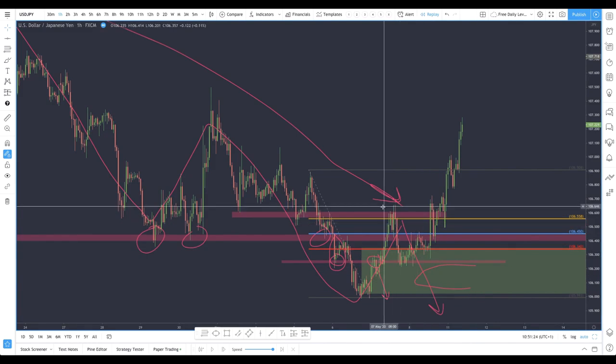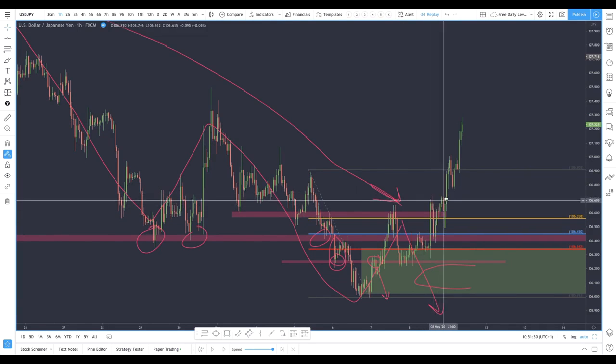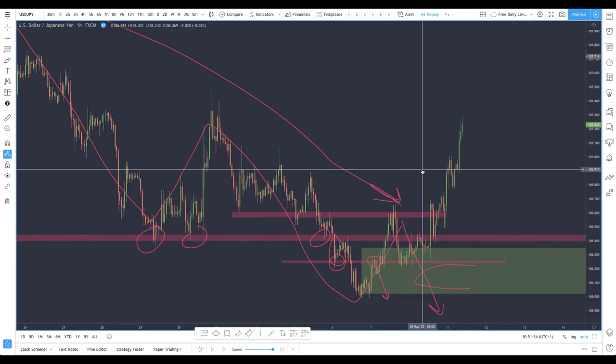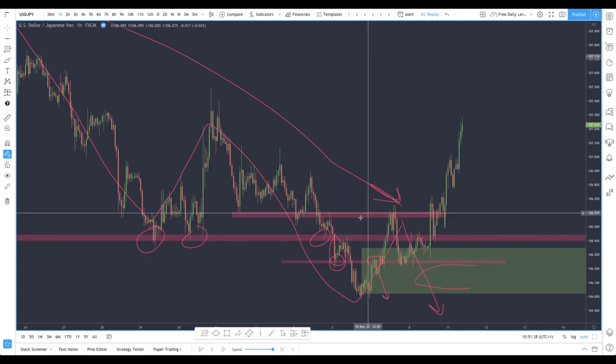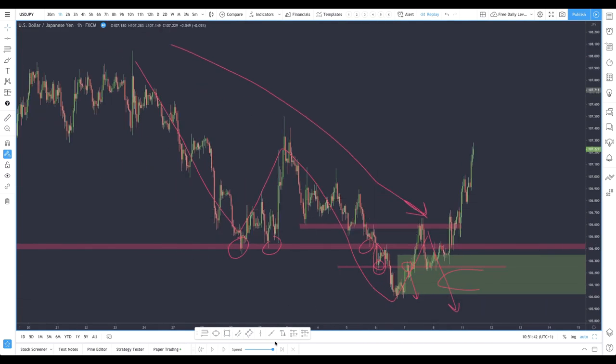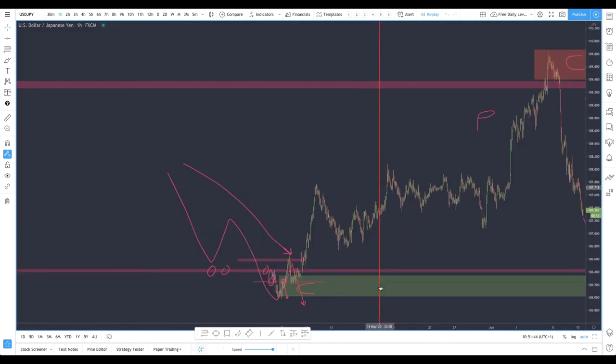But traders who don't trade with stop losses, as we know, traders who move and remove their stop losses because of loss aversion, are now in deep trouble. This is the pain phase. So they've committed on price action all around this area here. So what we do have and what we do know